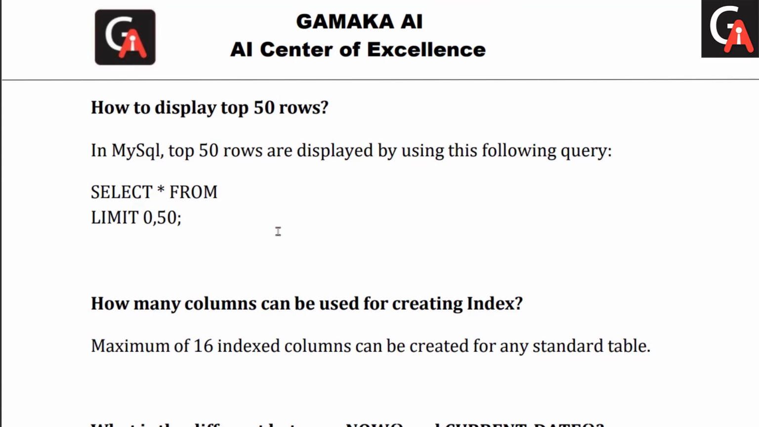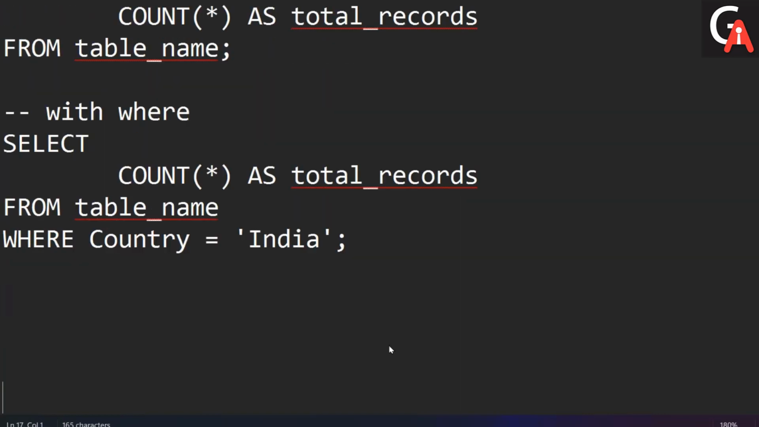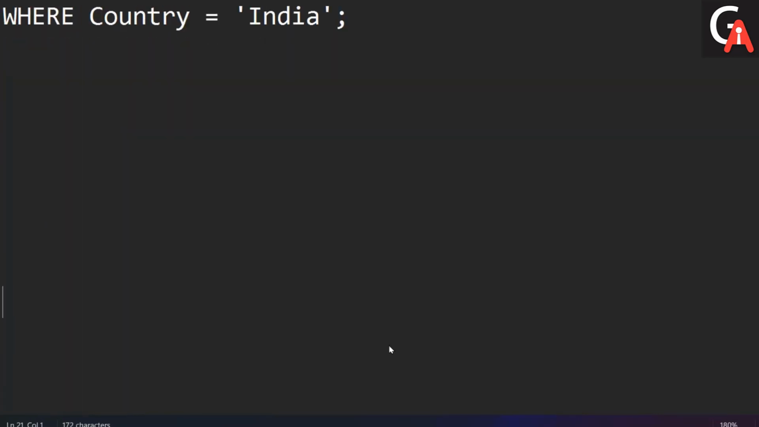Okay, next question we have: how to display the top 50 rows. For the top 50 rows, if you are using the Microsoft offering, there is a fetch command, but in MySQL we can use the limit clause. If I head back to my notepad, and I want to fetch the top 50 records, top 10 records, anything like that, I'll just write the query,